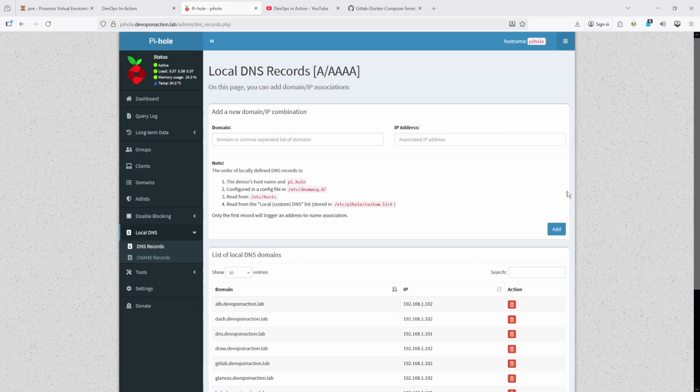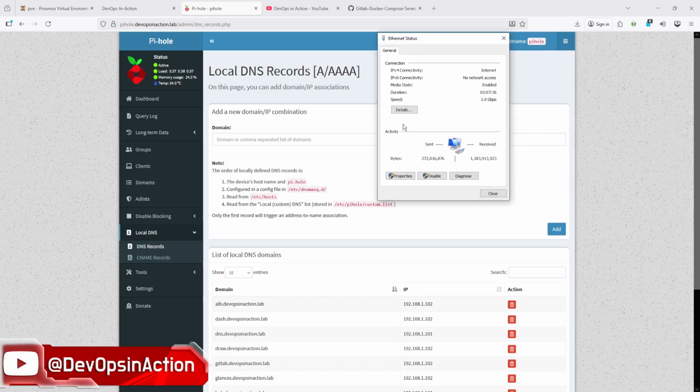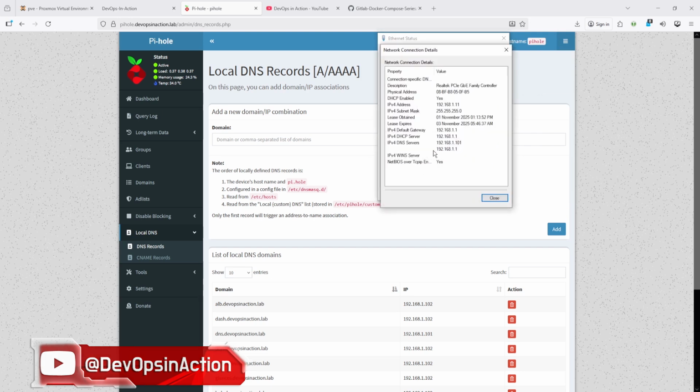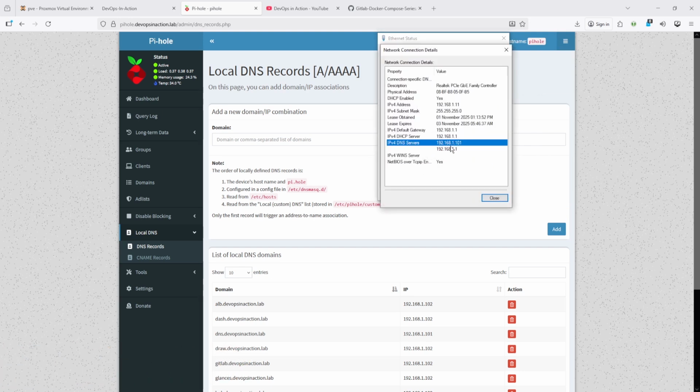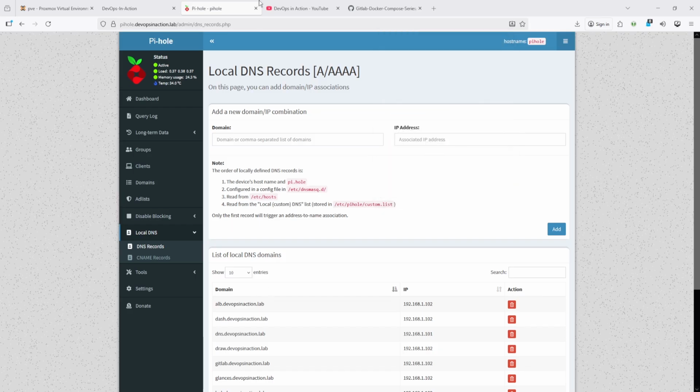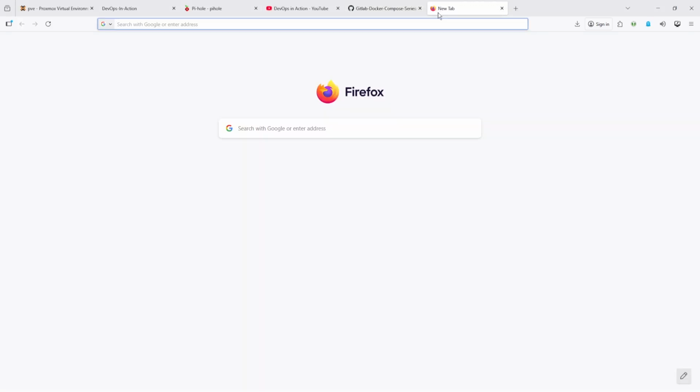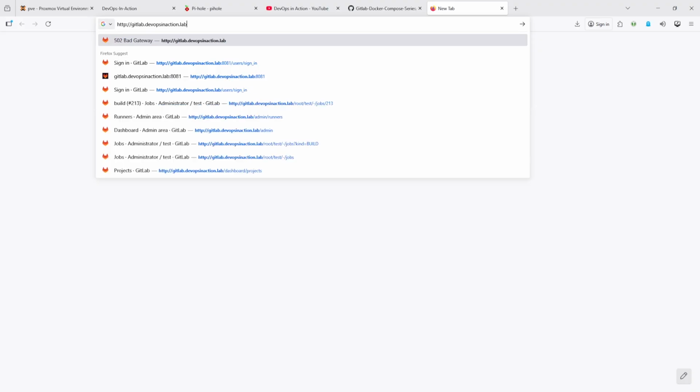Okay, so let's add it here, and in my system I am using the DNS. Okay, so let me show you as well. Here you can see my primary DNS server is 1.101, which is this one. So in my PC I configured my primary DNS server as this one. Okay, so once we ping here, or we can open this link again, it is going to land on the